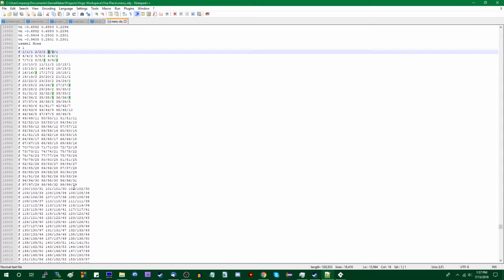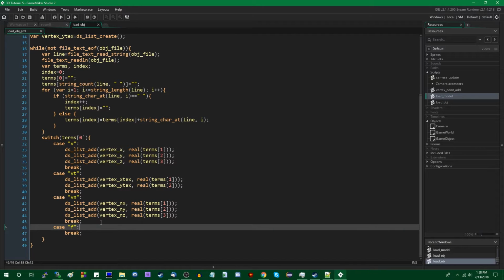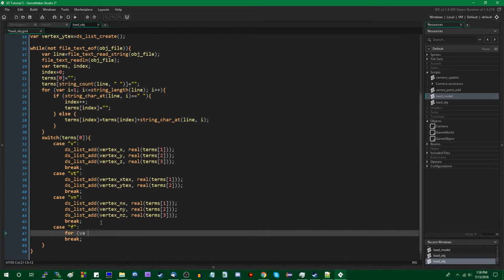If I can go back to the notepad file here, we're going to have to split each of these terms around, instead of the space character, the slash character. And we're going to have to do it for all 3 of these terms here. So I'm going to create a for loop for var, what is it?